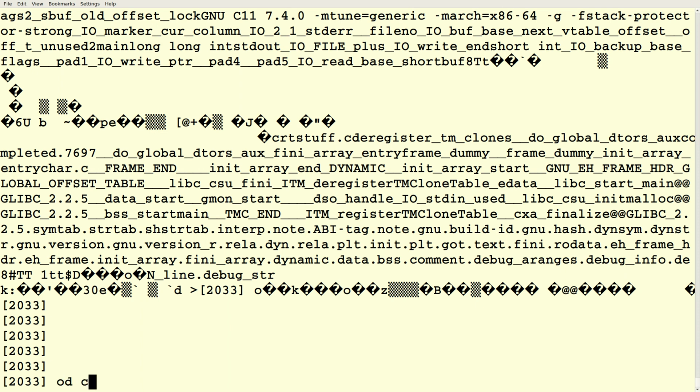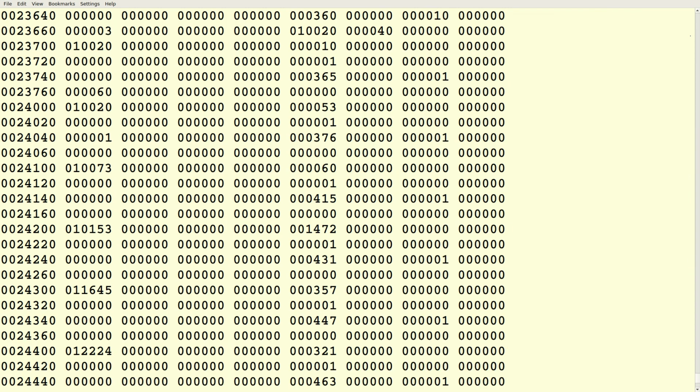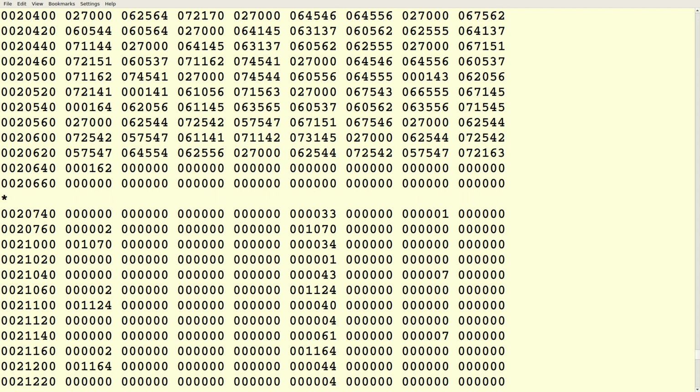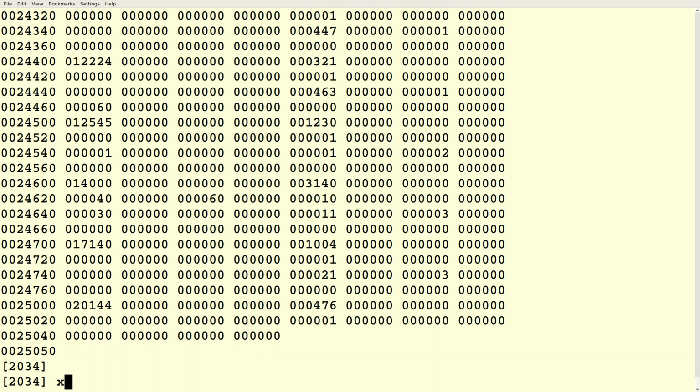Octal dump is one of them. If you say od and the name of a file, it shows you the contents in octal. It's nice and cleanly printable, and if a pattern is repeated, it just shows you a star. So this first column is the location in the file, and then this is, in this case, 8 words of information. But xxd is another one